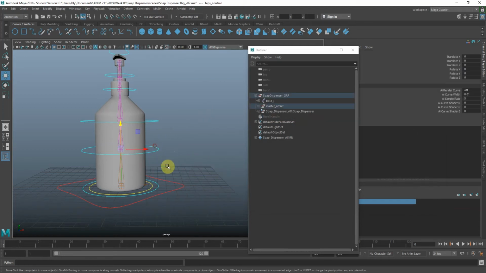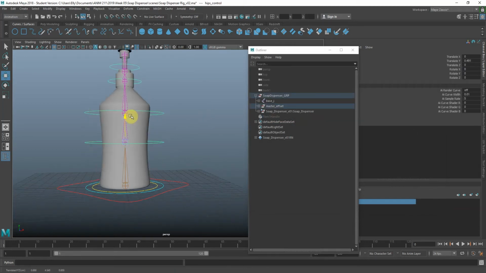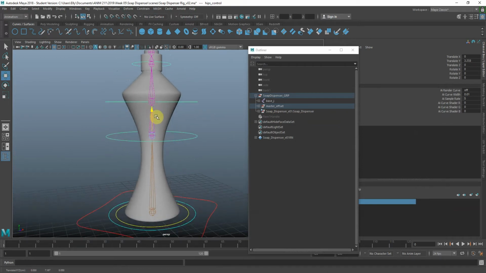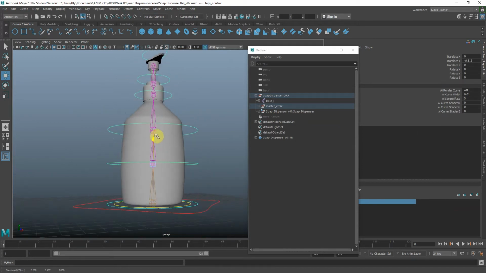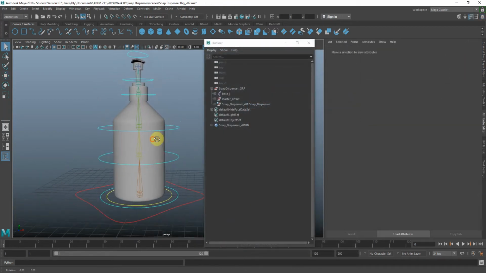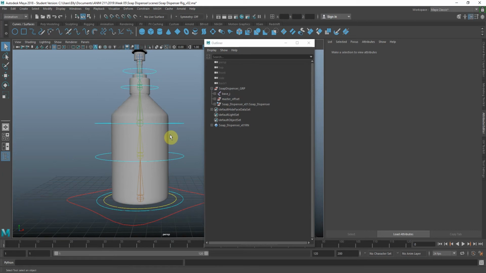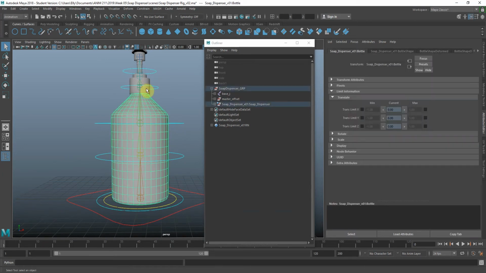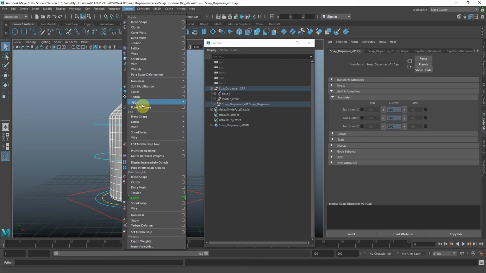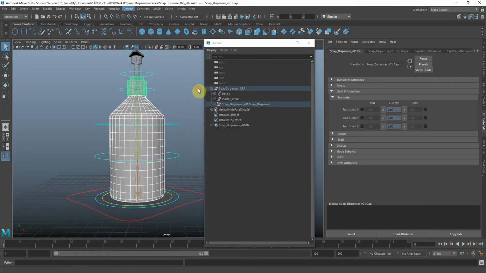I'm going to try to create a squash and stretch attribute just using the translate Y of my hip control. So first I'm going to create the squash look using the flare actually. So I'm not going to be using the squash, I'm going to be using the flare. So I'm going to select these two pieces of geometry, hit deform, nonlinear, flare,